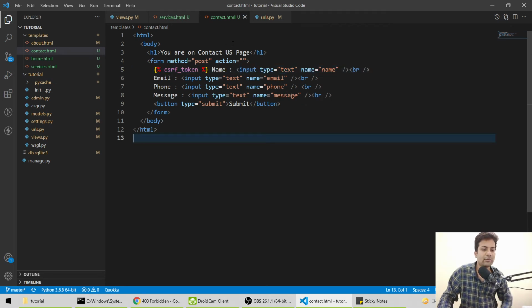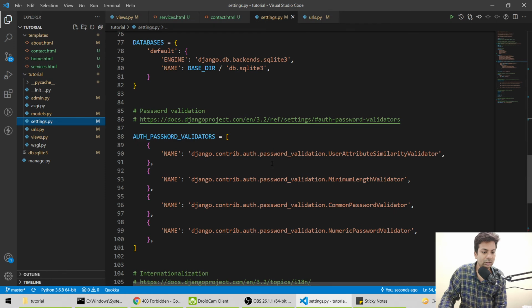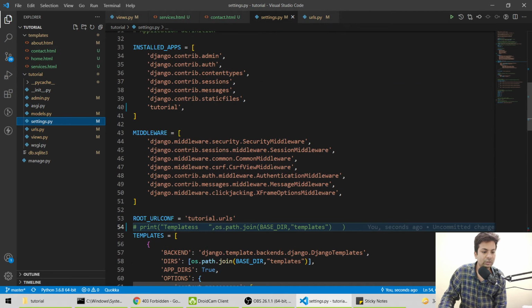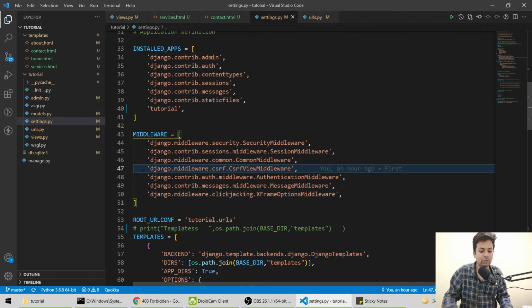When we were in settings, I told you there are multiple middleware. Let me show you in settings. Middlewares. See, this is the CSRF middleware. If you comment it out like this, it won't ask for it, but in real projects you should use it. I just added that.